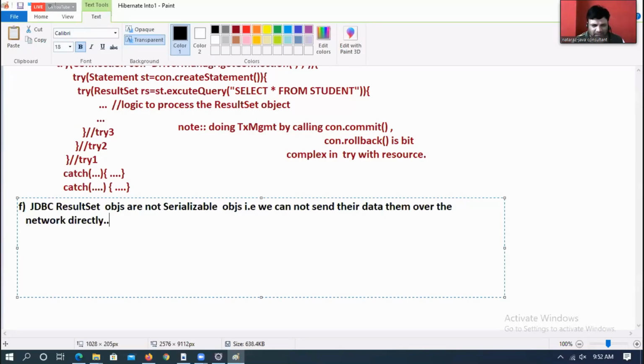So one thing is very clear. JDBC result set objects are not serializable objects. That means we cannot send their data over the network. If you want to send result set object records over the network, so many conversions we have to do. Those conversions are very complex.